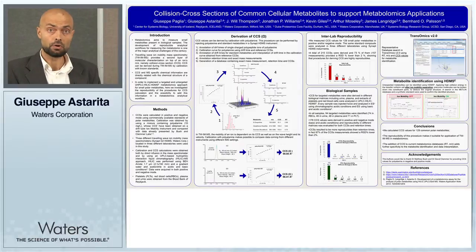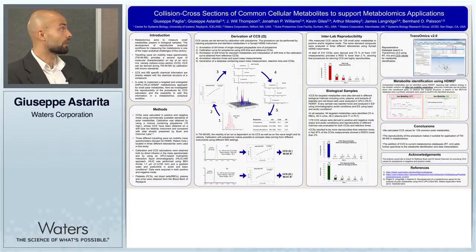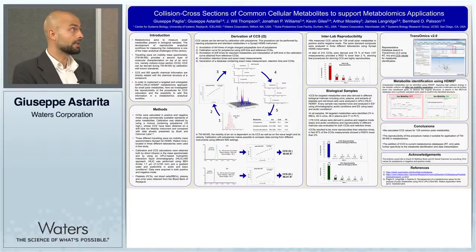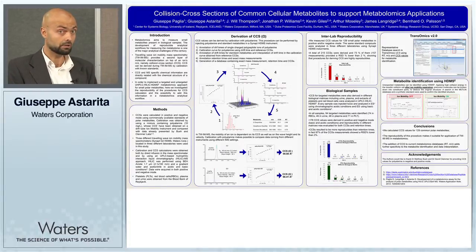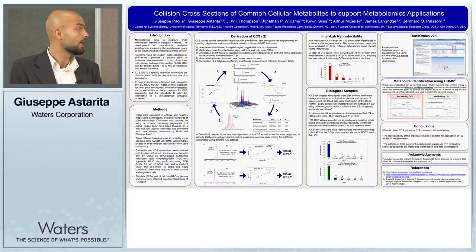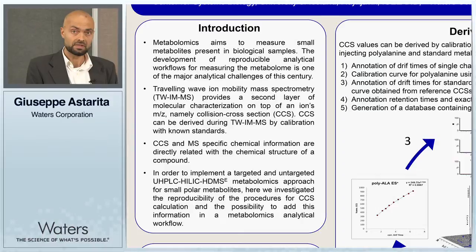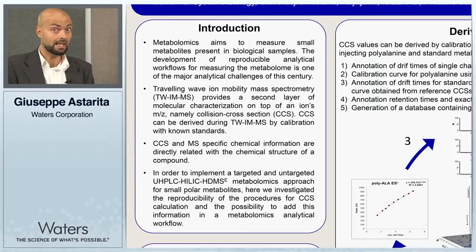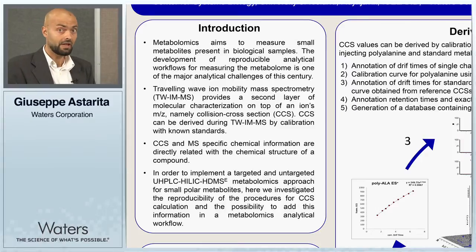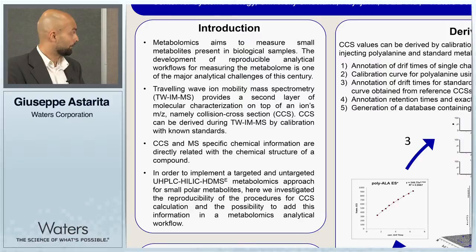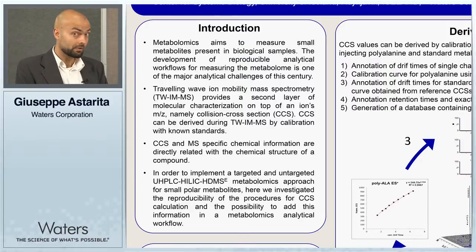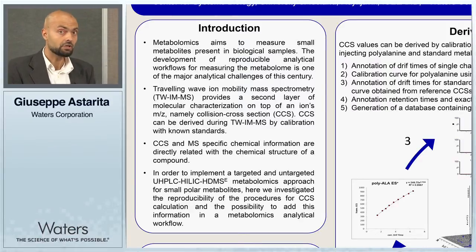Today I'm going to talk to you about a poster titled Collision Cross-Section of Common Cellular Metabolites to Support Metabolomics Applications. This work has been done in collaboration with the University of Iceland and Duke University in North Carolina. Metabolomics aims to screen small molecule metabolites present in biological samples. The development of a very reproducible analytical workflow and the identification of small molecule metabolites represent a major analytical challenge